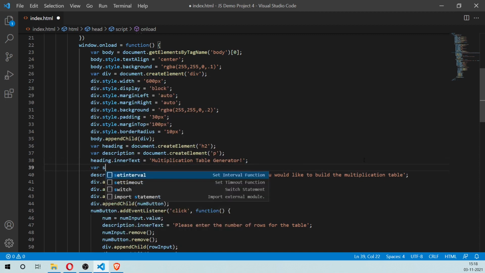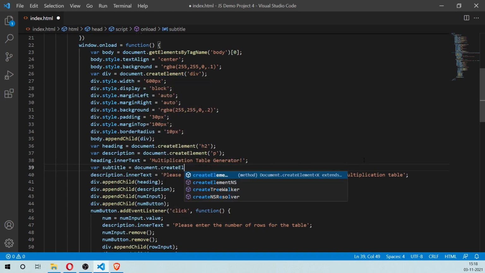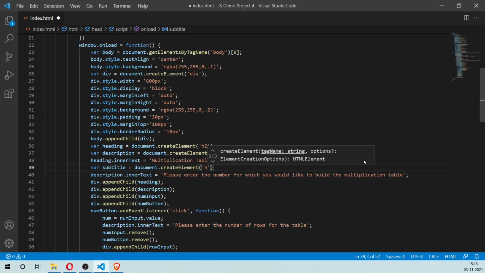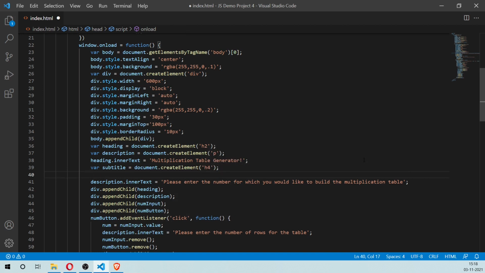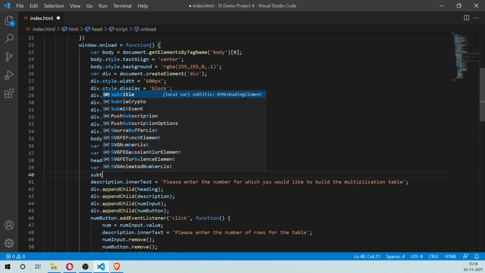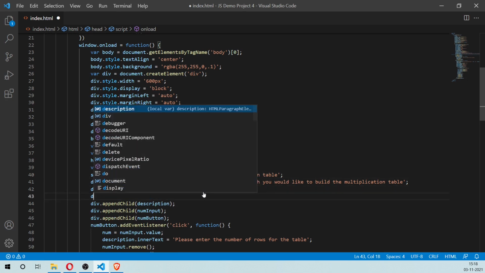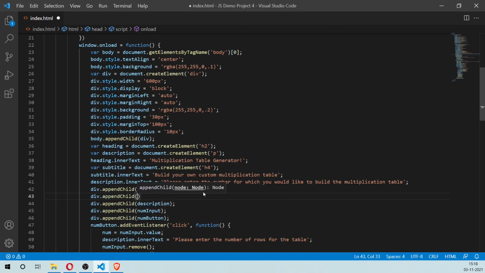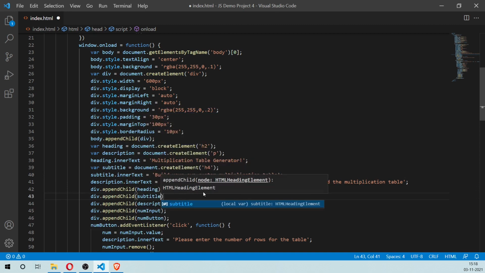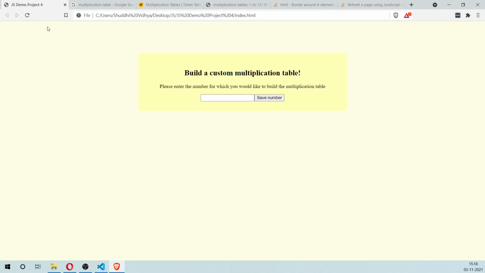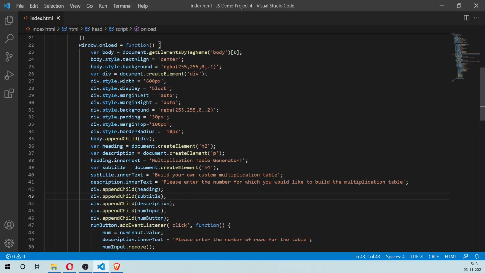So we'll create a subtitle, document.createElement of type h4, and we'll say subtitle.innerText equals this, and then heading div.appendChild subtitle. Okay, so let's see what that looks like.